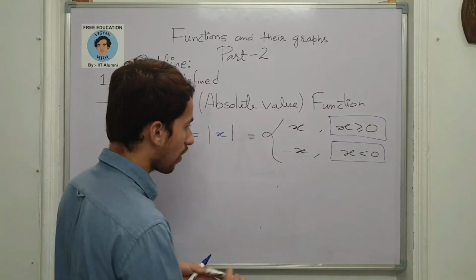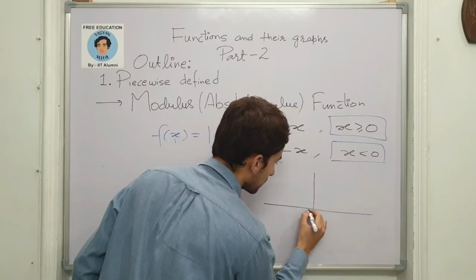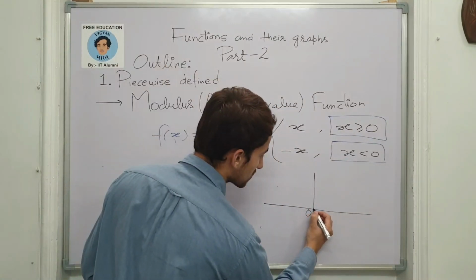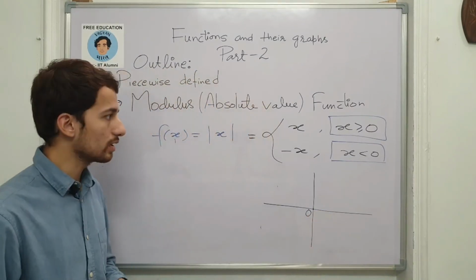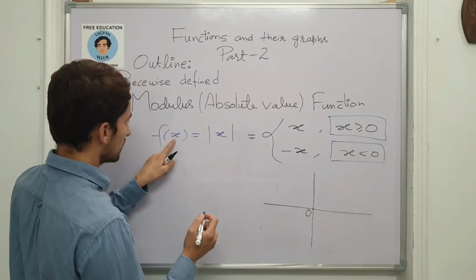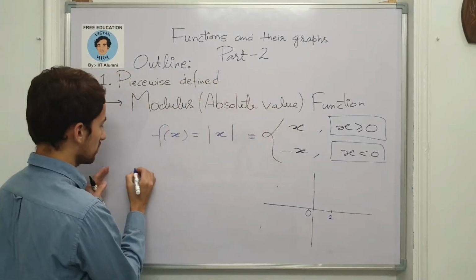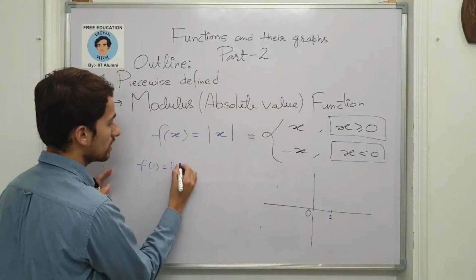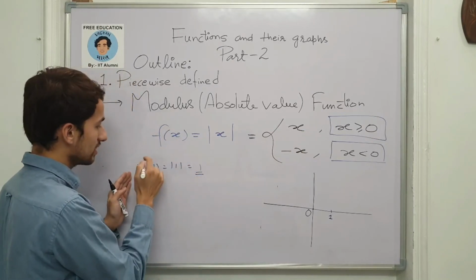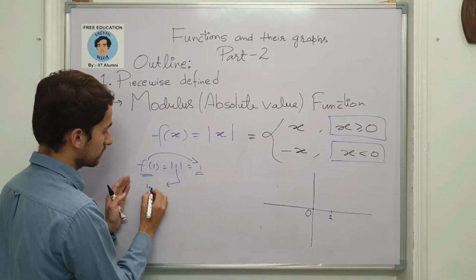So if I now just plot my xy plane, here it is, and take the origin here. Now if I choose the value 0, then I found the output to be 0 itself. On any positive value, that is any value lying in this part of our domain, if I choose x to be 1, the output was 1 itself, modulus 1, which is defined to be the x itself which you give. So the answer is 1. This is the image corresponding to this input.